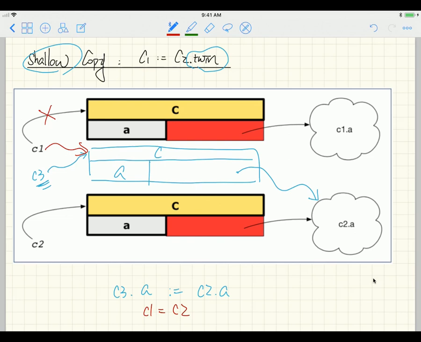After this, if I say C1 equals C2, true or false? False, right? Because you talk about different objects over here, right? On the other hand, if you say C1.A equals C2.A,